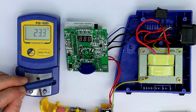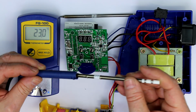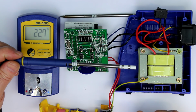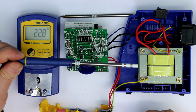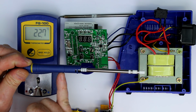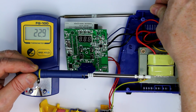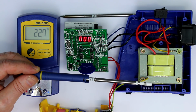And let me take another one. You could insert a solder tip this way so that the heater is shorted out. I don't know if this is really something that occurs in real life, but in theory it could be. The original station recognizes that now the resistance goes down to 0 by measuring the current, and let's see what this station does, even with the danger of destroying the power triac. If it recognizes this,